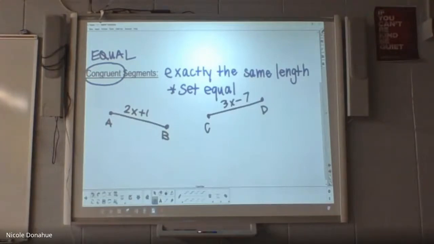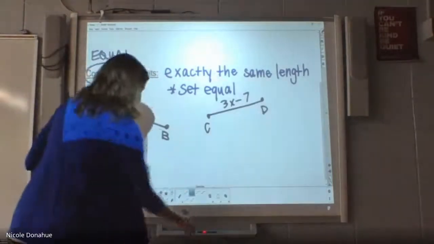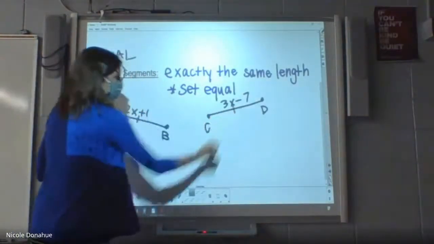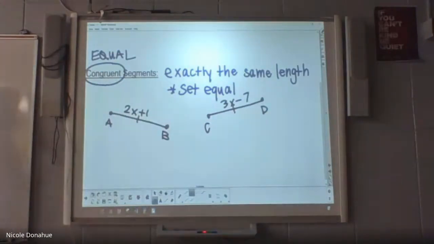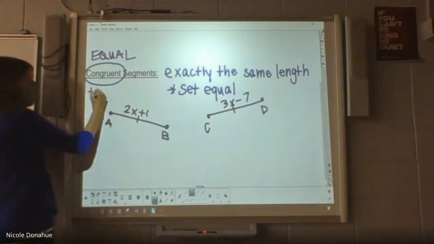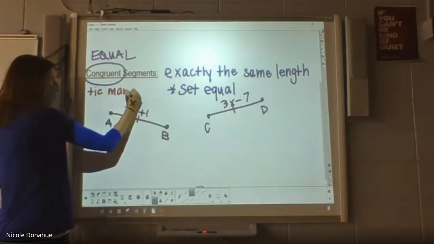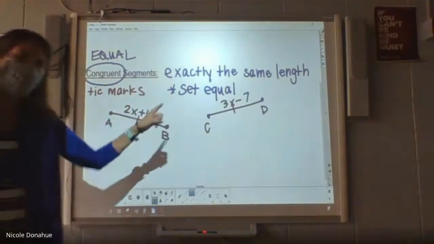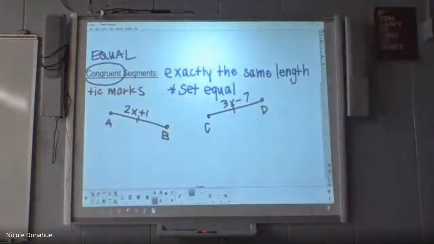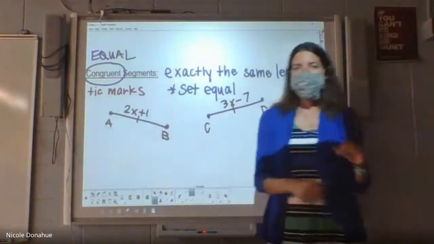Now, one of the things we'll do in geometry to show something is equal: I can't just say, well, those look equal, so I assume they're the same size. They're going to make these little marks on the lines. To show congruent segments, they use what we call tick marks. If they have those little tick marks, that tells you they're equal. A lot of times they use red or blue or something in the book that's pretty clear.